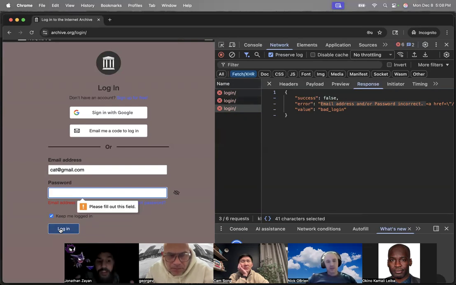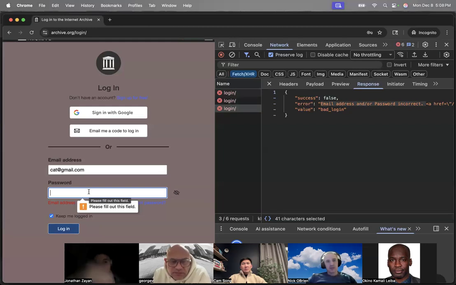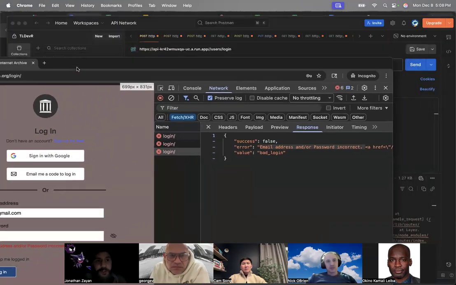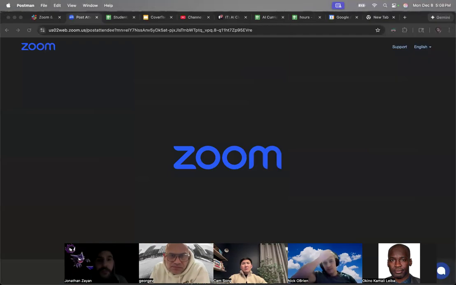So even though the backend can handle this being empty just fine, the front end is also handling it. And one of the benefits is it's actually reducing unnecessary API calls. We're not even bothering the backend. We're handling it at the lowest level, if you would. The reason why I showed you this, so I appreciate you guys participating with this portion, is because